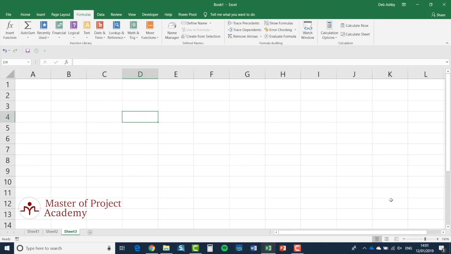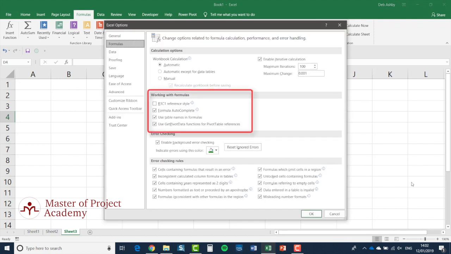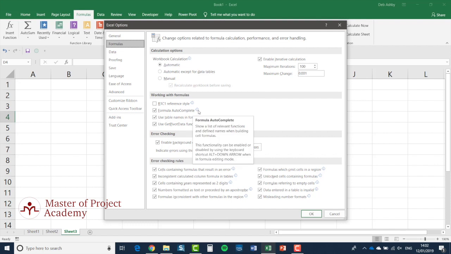Now there is another feature that can be very useful, and that's a feature called Formula Autocomplete. Now, in order for this to work, you need to make sure your options are set correctly. The option you need is on the Formulas page in the Working with Formulas section, second option down, Formula Autocomplete. And as the screen tip shows, it shows a list of relevant functions and defined names when building cell formulas. This functionality can be enabled or disabled by using the keyboard shortcut Alt plus down arrow when in formula editing